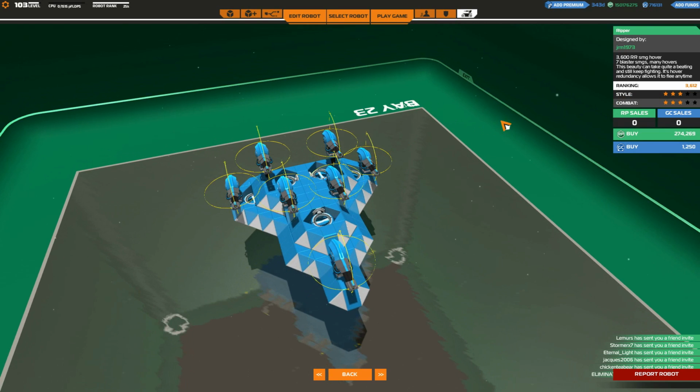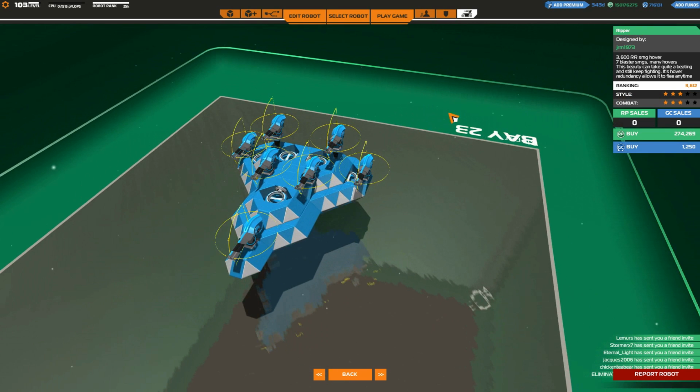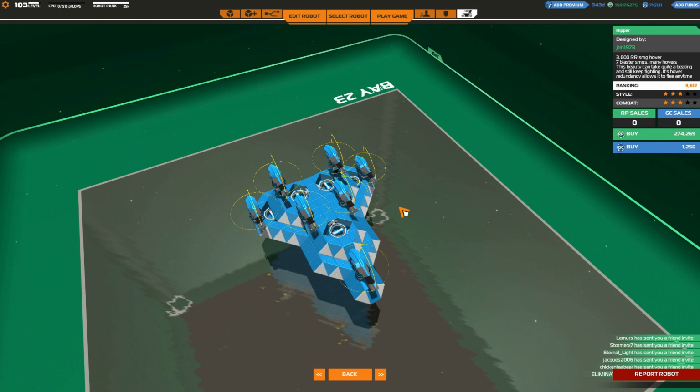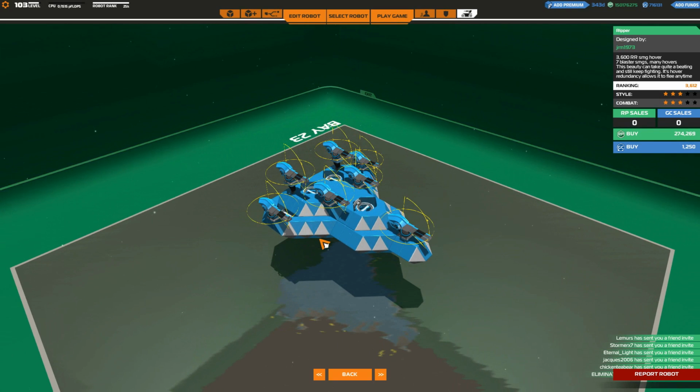In today's episode, we have Ripper, a 3600 robot ranking SMG hover, 7 blaster lasers, many hovers. This beauty can take quite a beating and still keep fighting. Its hover redundancy allows it to flee anytime. It's been quite a while since we've played with a lower ranking robot. The randomizer seems to absolutely hate them at the moment, really no idea why, but here we are today, hopefully